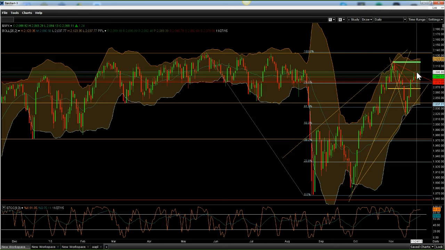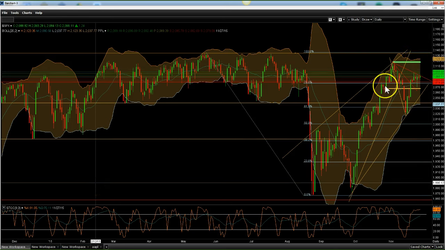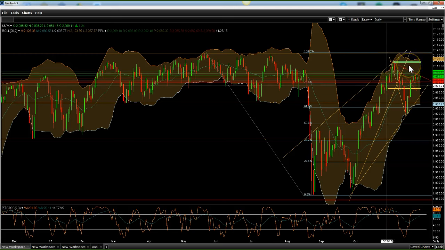In the meantime, if we go hog wild on the way up, and again, I'm going to show you a pattern symmetry here, which is going to be pretty interesting. I'm going to give you a clue. You start here and we end here. So in between, these patterns are replicating themselves. It's amazing how these things happen. I mean, they're not exact, but they're close enough.